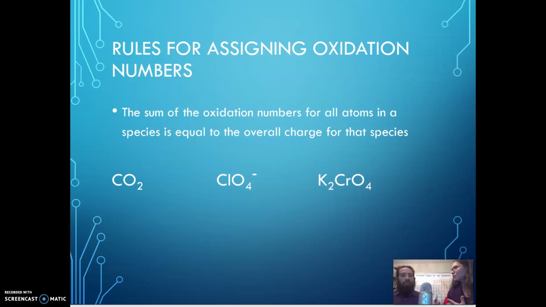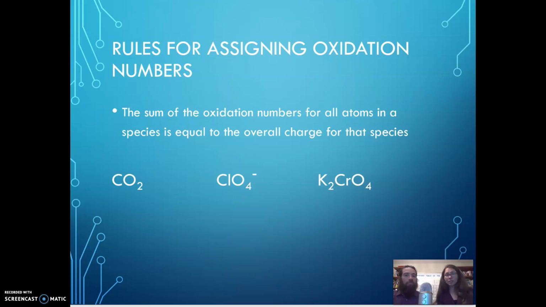So if hydrogen is combined with a nonmetal, then we're going to allow those electrons to be as if it was just on the nonmetal. And that would leave the hydrogen as a positive charge. Okay, so here we go. The sum of all of the oxidation numbers has to equal the charge on the species. So if the species is just a neutral compound, then all of the oxidation numbers are going to add up